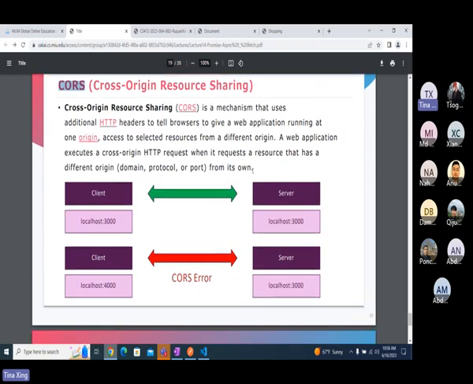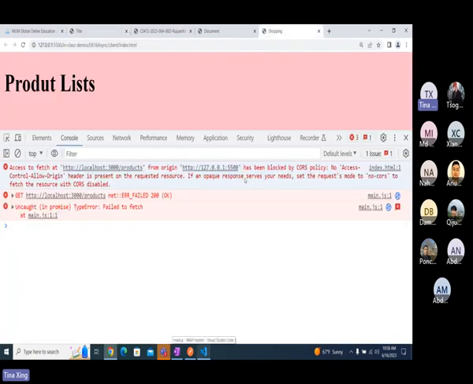So here, our client is running on 5500 and our server is running on 3000. And same origin means what? Anyway, the problem is this origin and this origin are different. What will we consider as the same origin? Same origin means your IP address is the same, your